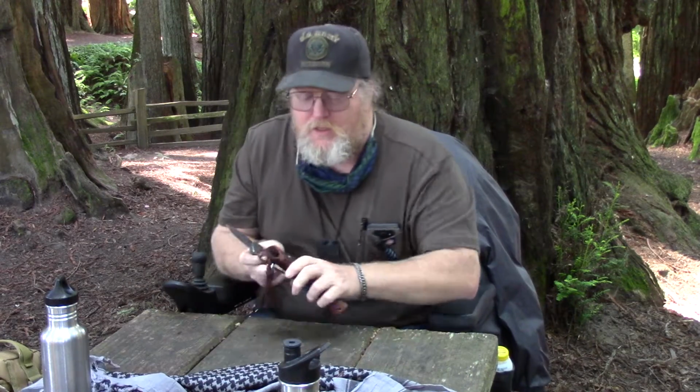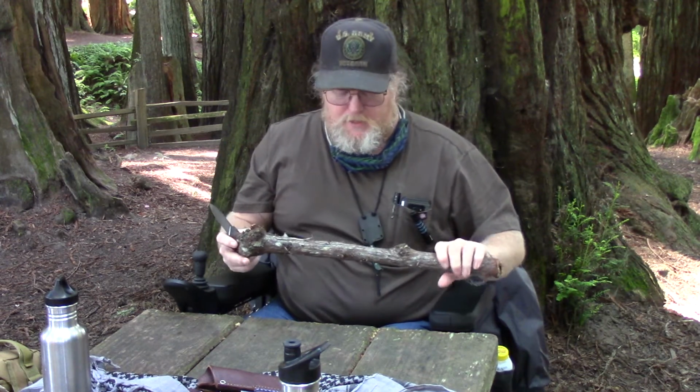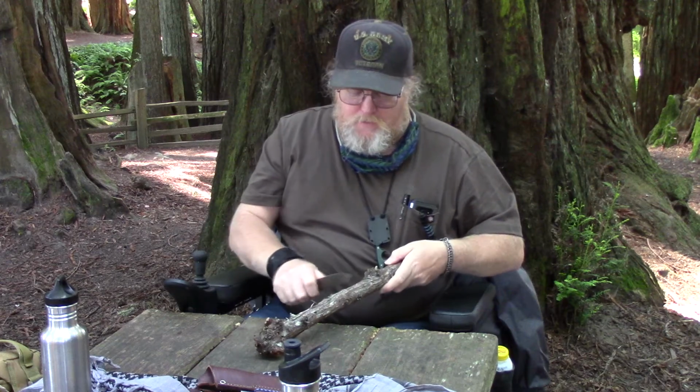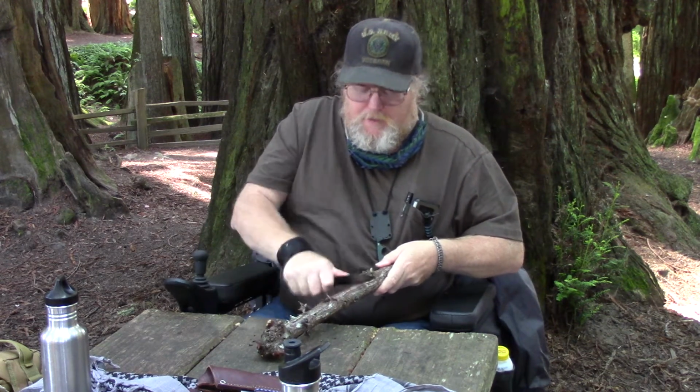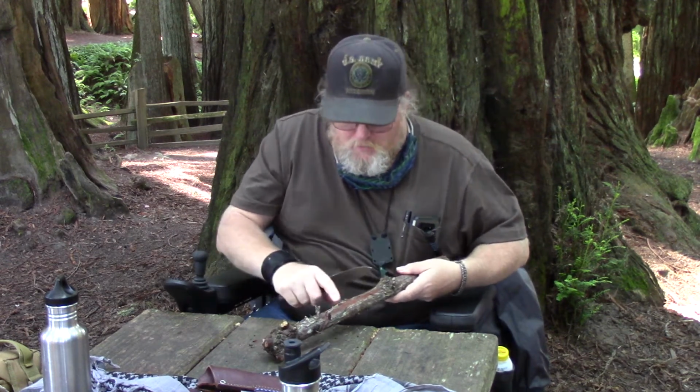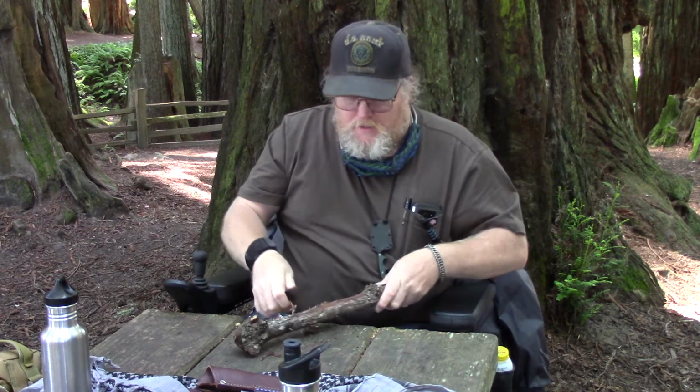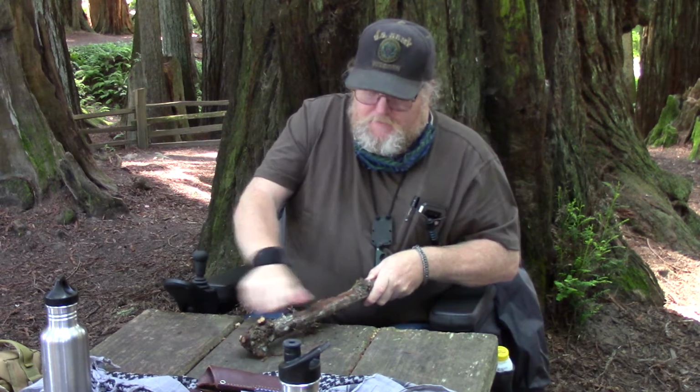Now, this is just a hunk of wood that my son picked up. And one of the things that I like a nice sharp spine for is so that I can scrape this wood. Well, right there's a knot. I don't know if you can see it very good. Right there's a knot. When I start scraping this down,